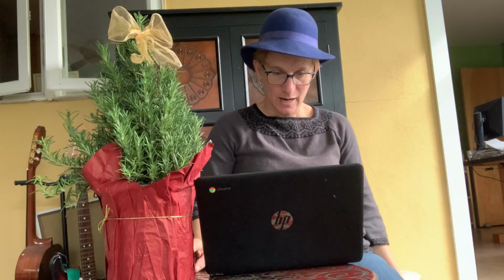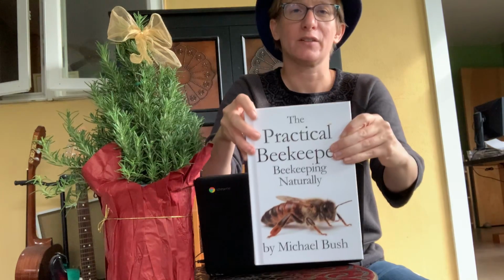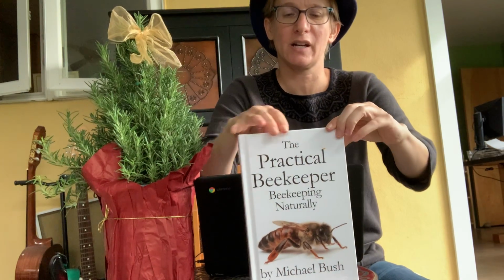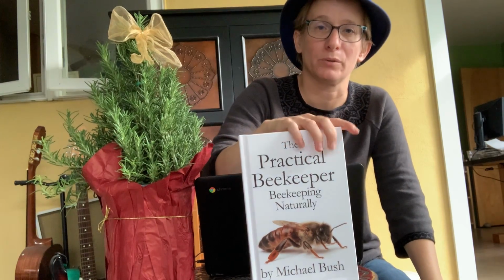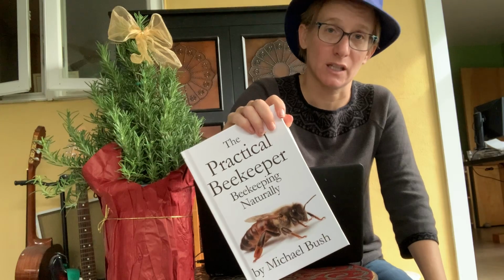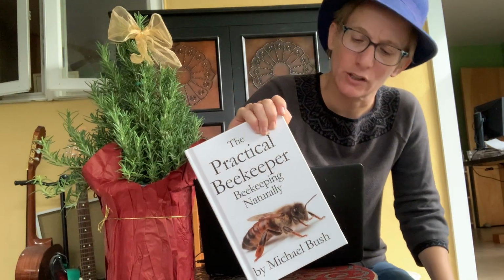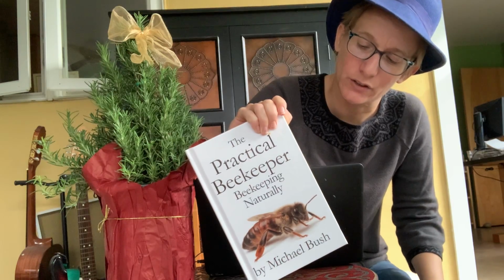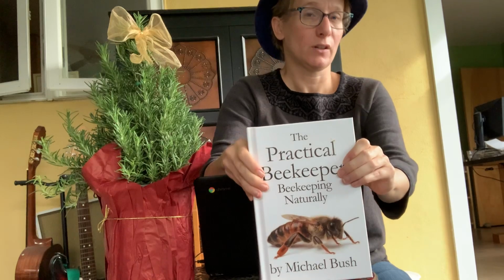Let's see. Another book that you might want to consider as you're becoming an intermediate. This is also fine as a beginner book, but it's more expensive and it goes into a lot of more advanced stuff in detail. You can see it's quite a large book. So I don't recommend it as highly as the two that I already recommended for beginners, but it's another option,